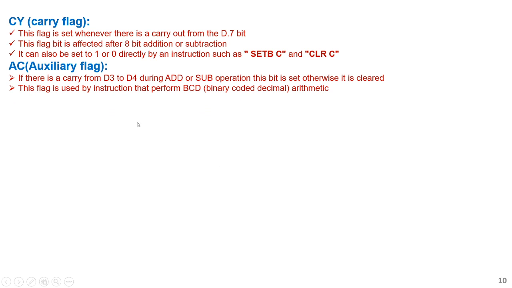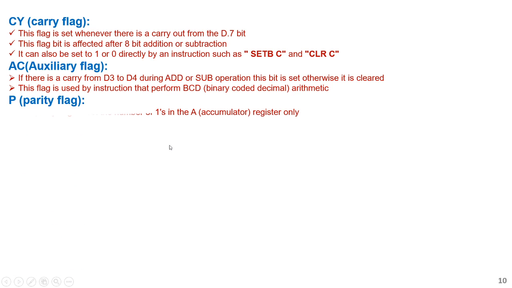Auxiliary carry flag: when a carry is generated from D3 to D4 in an addition or subtraction operation, this bit will be set, otherwise it is reset. This flag is used by the instructions performing BCD, binary coded decimal, arithmetic.